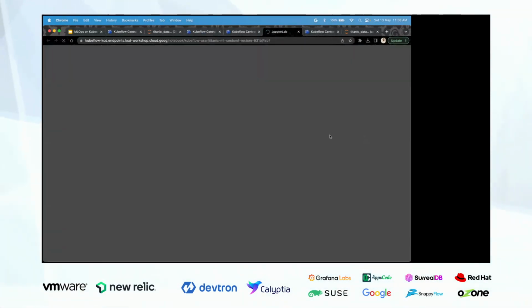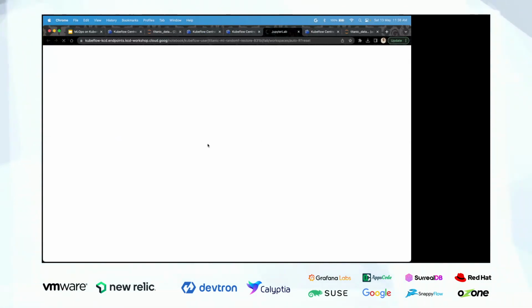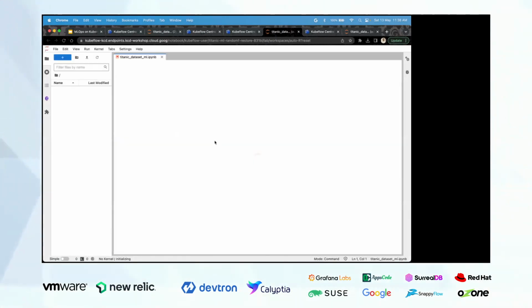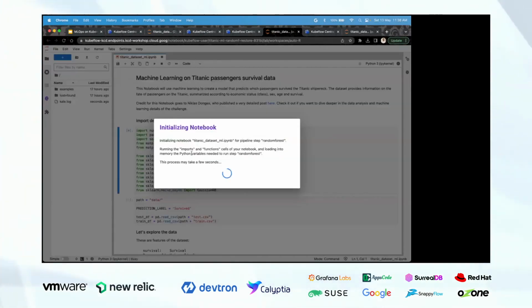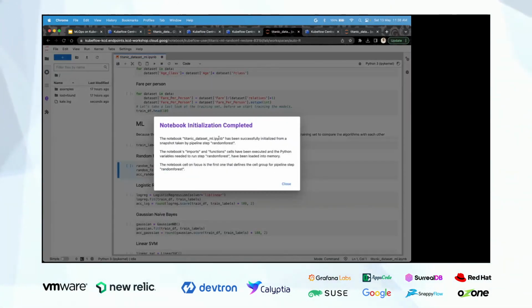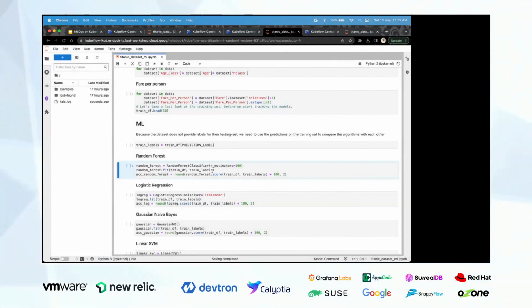Yep, it has launched. Now what we can see over here is initializing notebook for the pipeline step random forest. So it has initialized from this particular step only, from the start of this particular cell.